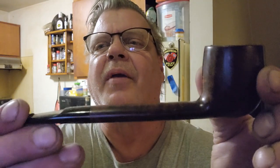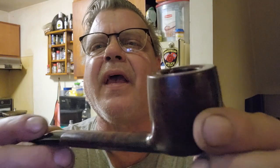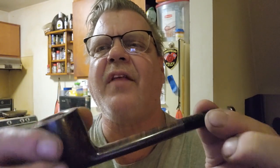Oh, yeah, so we're back. So we have a virgin Gilson pipe here. Look at that briar. It's gorgeous, man. Absolutely gorgeous. I stained this one darker. And in it, we have